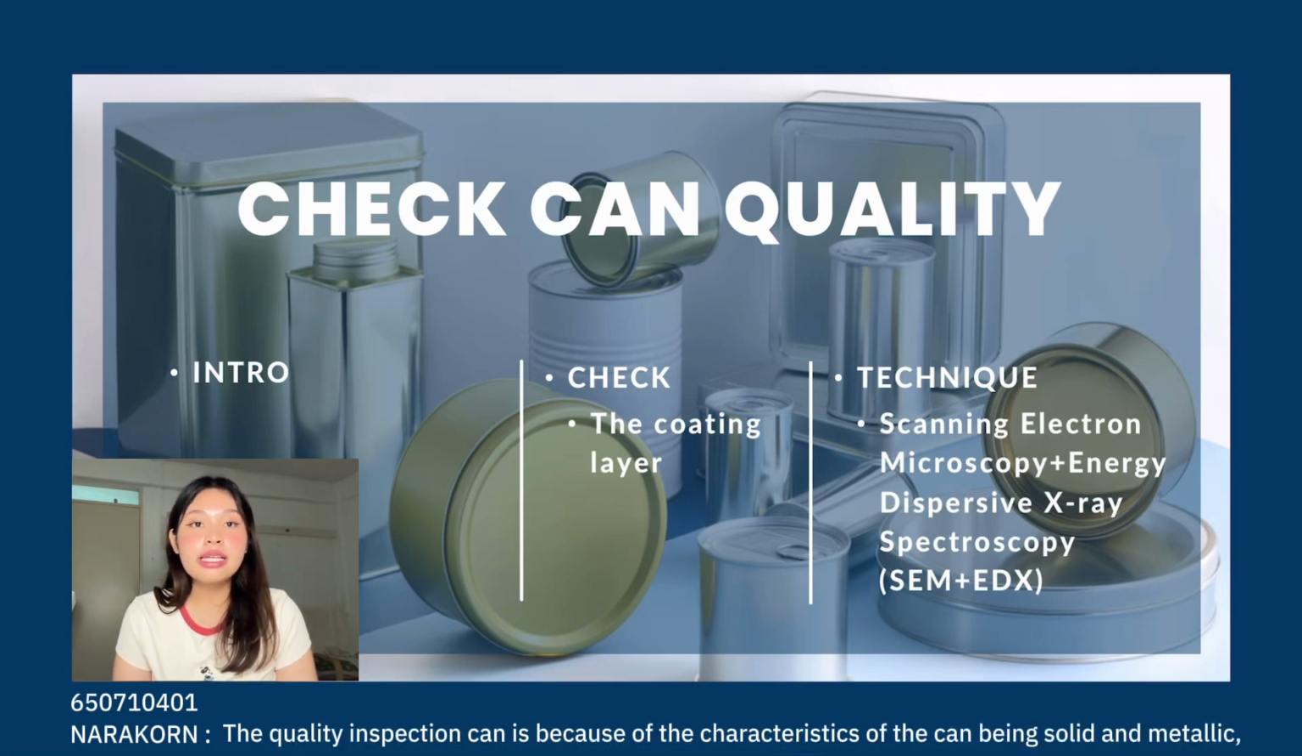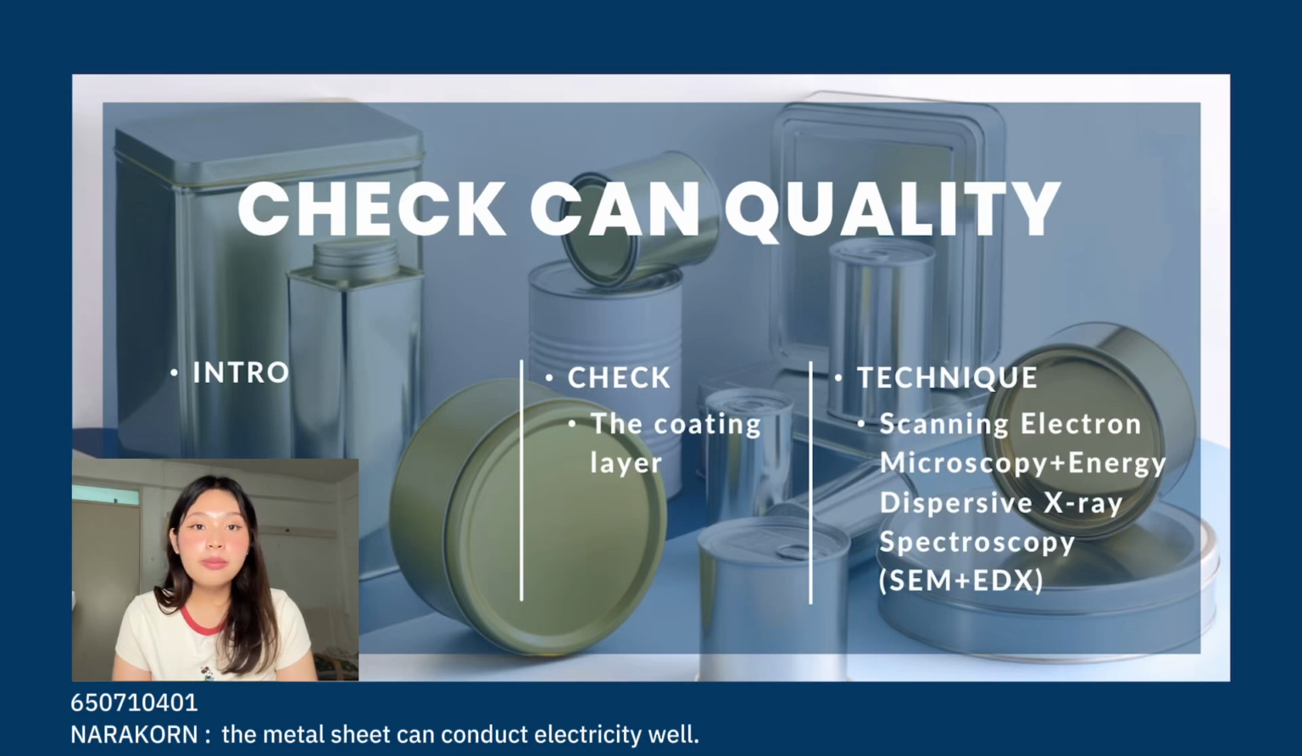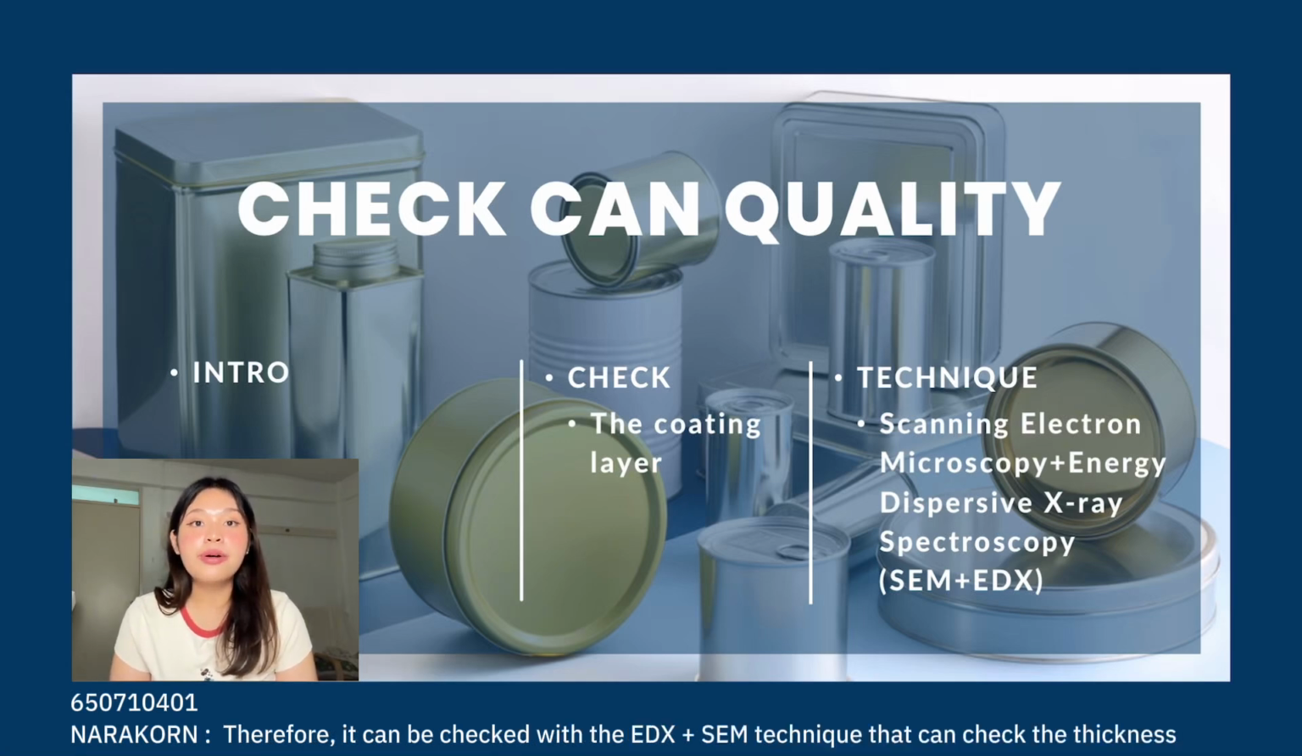The quality inspection of the can is possible because of the characteristic of the can being solid and metallic. The metal sheets can conduct electricity well. Therefore, it can be checked with the EDX plus SEM technique, which can check the thickness and see irregularities of the